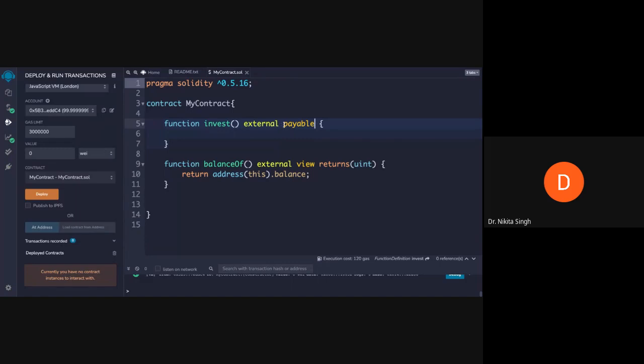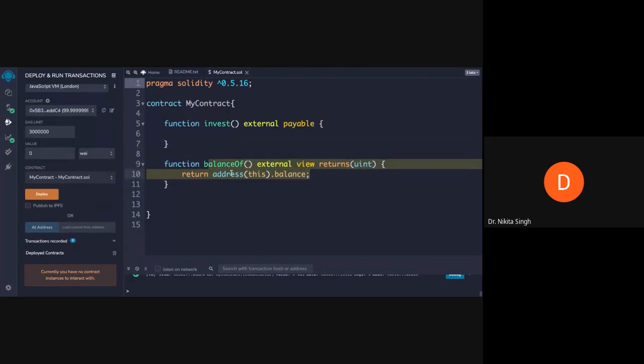Also, you cannot use the view keyword. You have to keep it non-view. The reason is the Ethereum Solidity syntax. A regular function can work with different types of transactions, but when you want to send Ethereum to a function and a view keyword is present there, you will not be able to send it. So if you are using your functions to transfer ether, then it should be payable and it should not be view. Now here we have a second function.